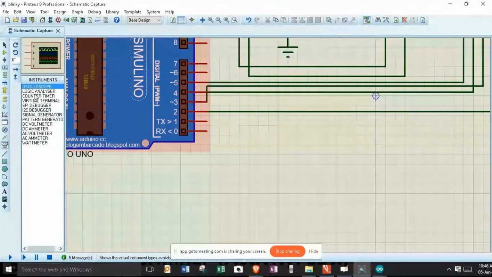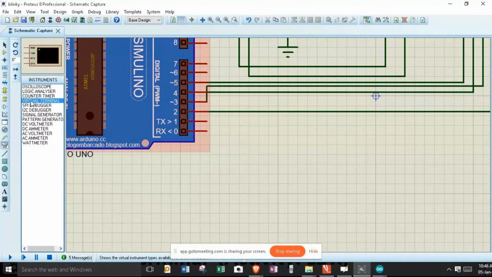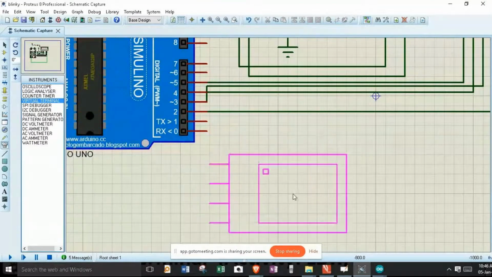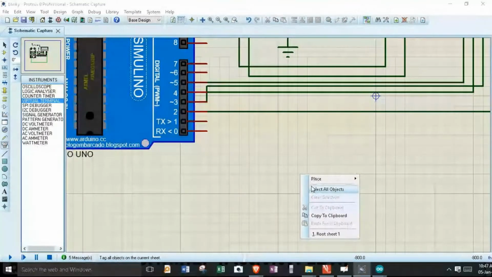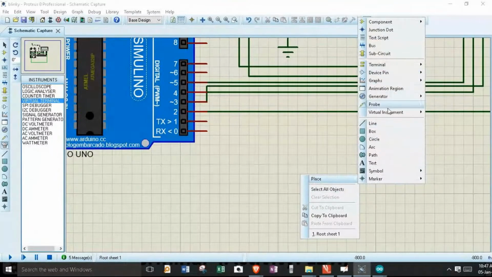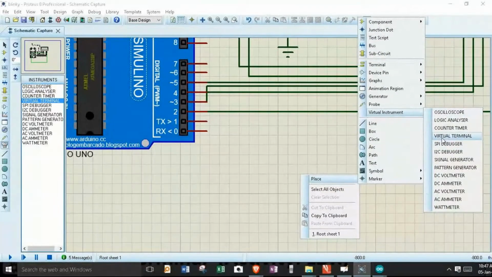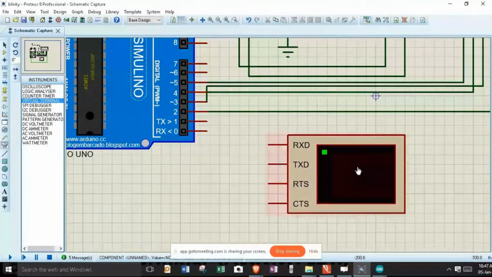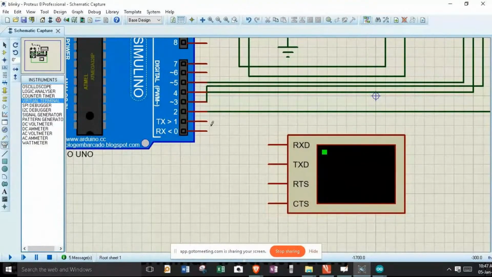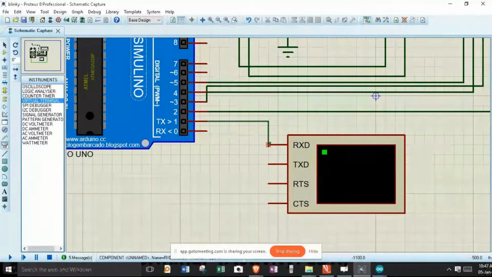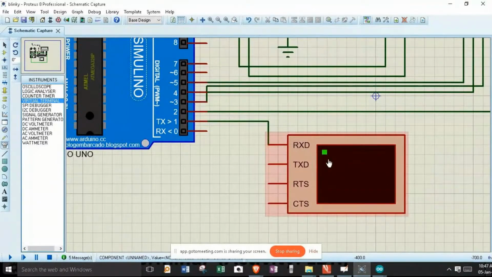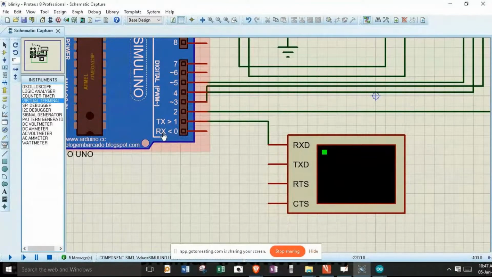I can select virtual terminal right from here, or I can also right click, go to place, and under virtual instrument select virtual terminal. So this is how I can place it. Now I got to connect TX of Arduino Uno to RX of this virtual terminal, and RX of Arduino Uno to TX of the virtual terminal.